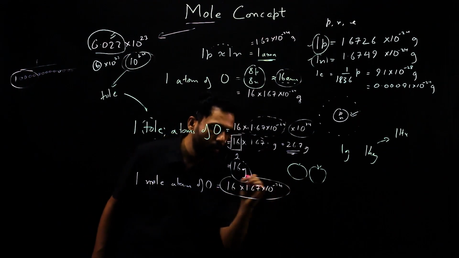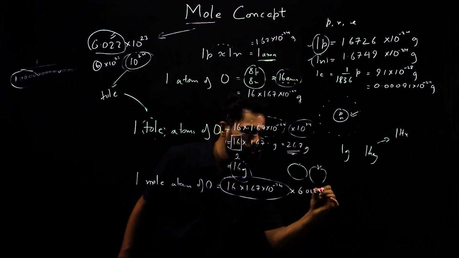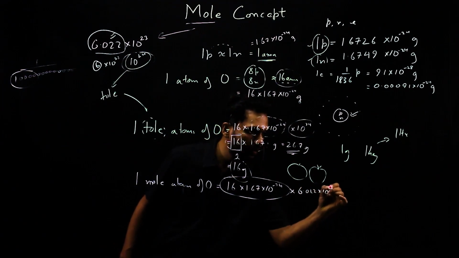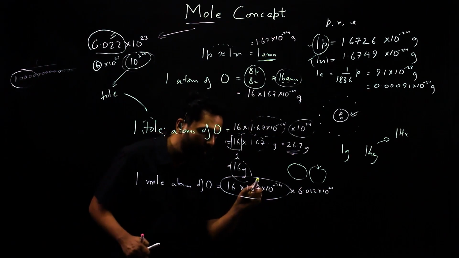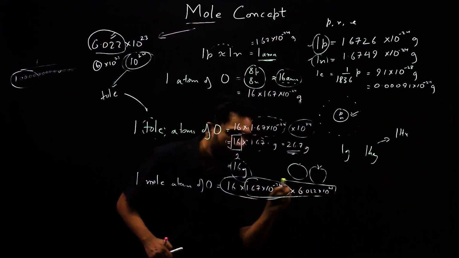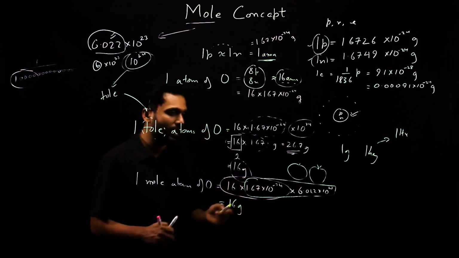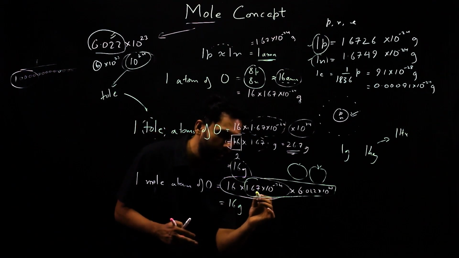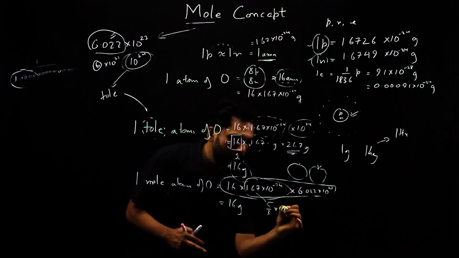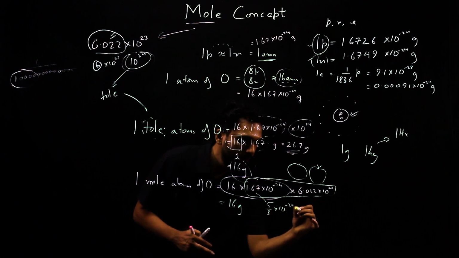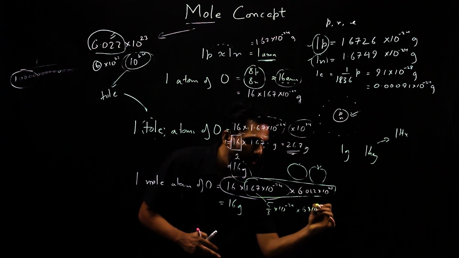This is the weight of one atom of oxygen into a mole, which is 6.022 into 10 power 23. Now if you multiply this into that, you get exact 1, and hence you get exact 16 grams. So roughly, to just show you roughly, say 1.67, we take it as 5 by 3, 5 by 3 into 10 power minus 24. And here it is roughly 6 into 10 power 23.